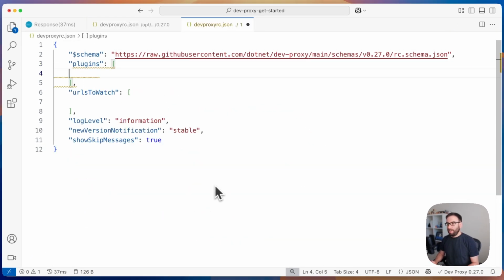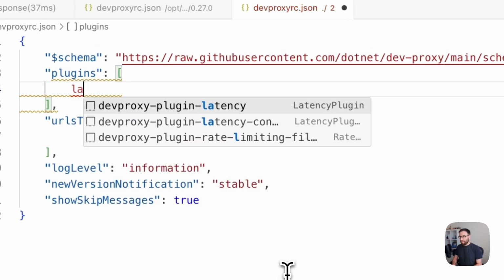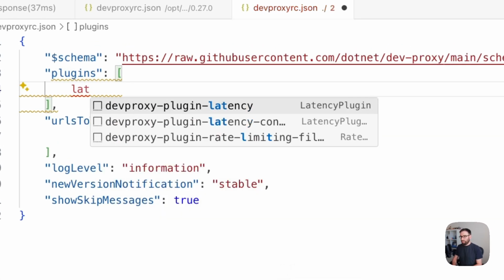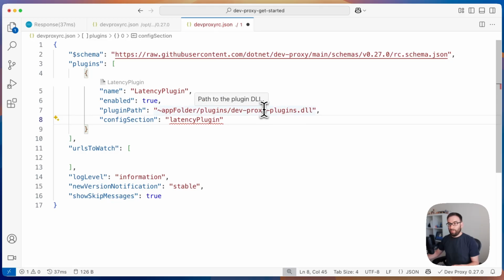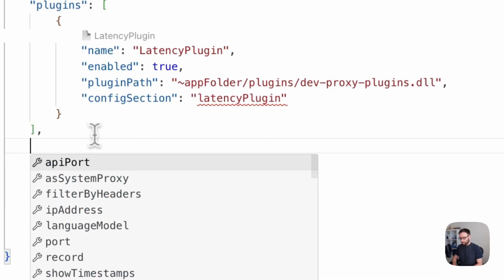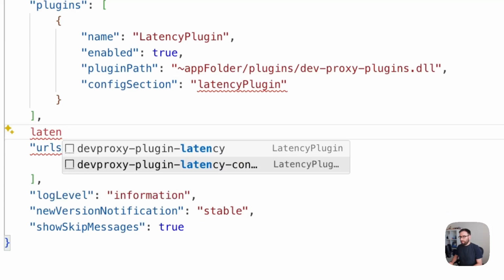So here we have our empty configuration file. Now, let's say, for example, we want to add some latency to these requests. We know that from the request that we sent before, they were resolved very, very quickly. Let's make it a bit more real world. Using the snippets that are provided by the toolkit, we can use the latency plugin snippet, which provides us with the config that we need. And also then we can create a config section as well. So if we search for latency and config,